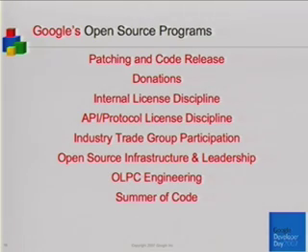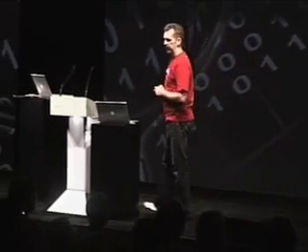with open source. We take part in a lot of trade organizations. There's a page on code.google.com at organizations.html where you can see a long, long list of where we're helping out. We provide a lot of infrastructure for open source projects. Again, code.google.com, I think it's /hosting, is now the second largest repository of open source projects online. We have a strong involvement in the One Laptop Per Child engineering effort, which is all about open source as